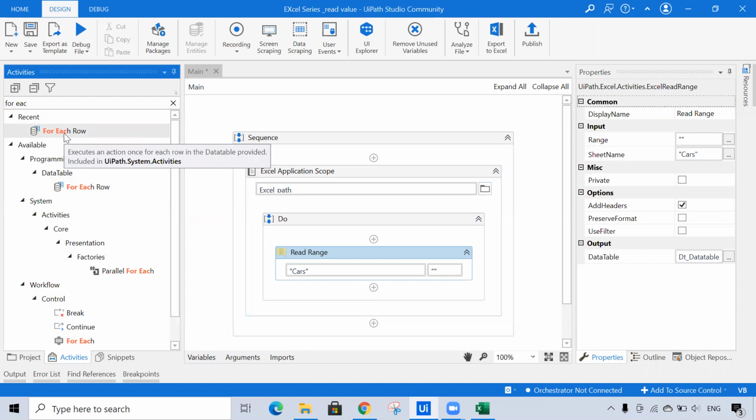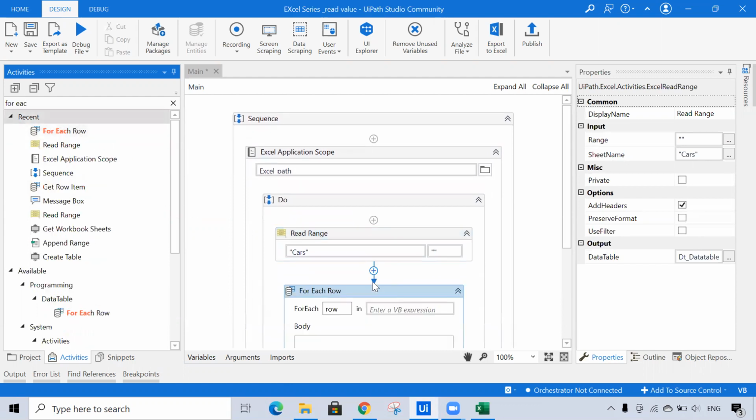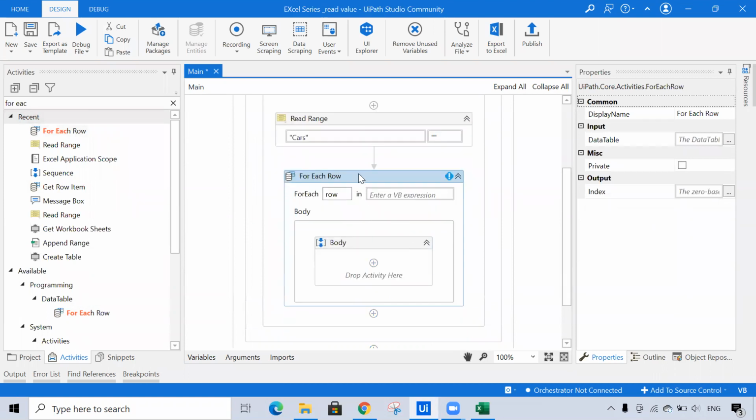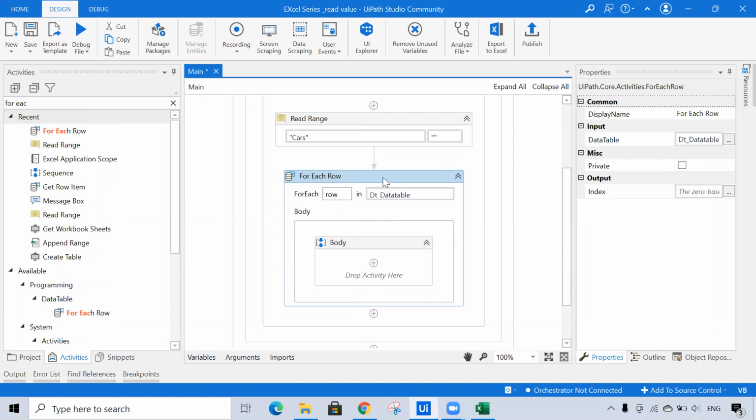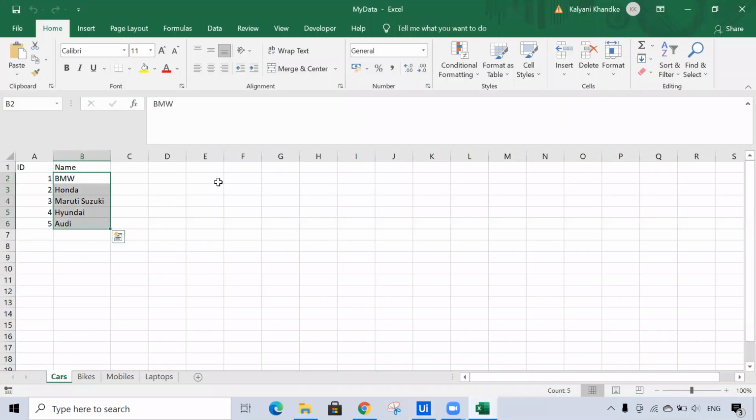If you're working on the Excel file, then you need to use this for each row activity. Now in this activity, you just need to pass the data table which we created, and now you want to read this value one by one.